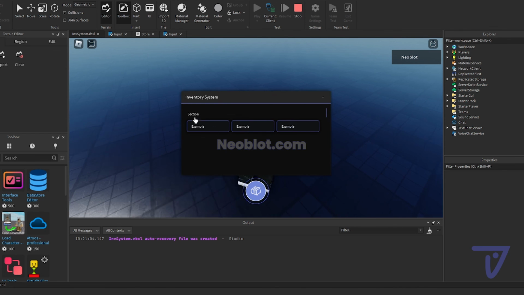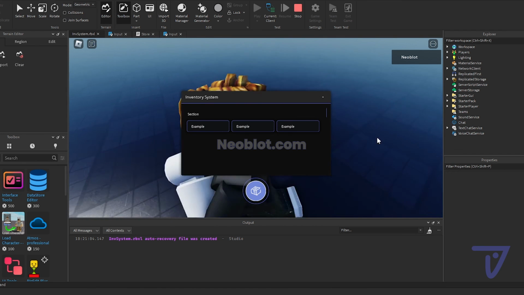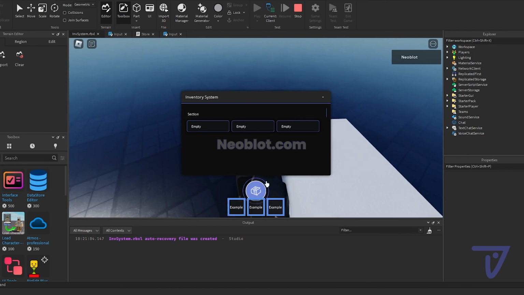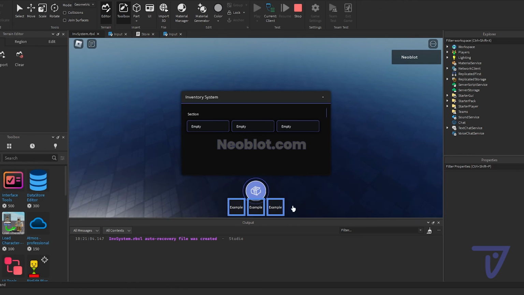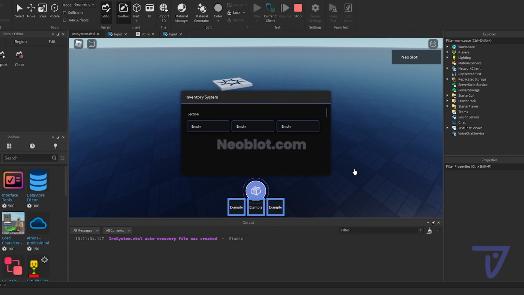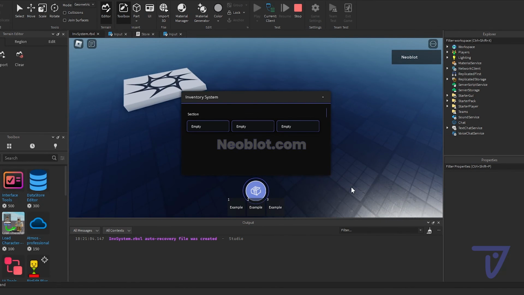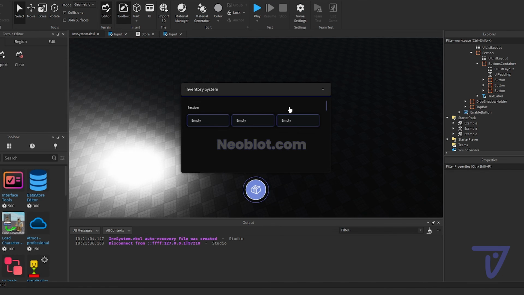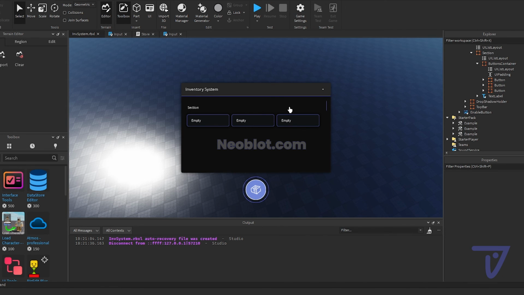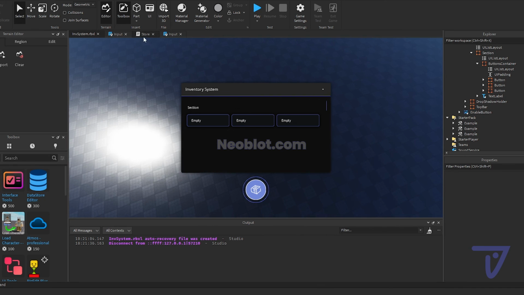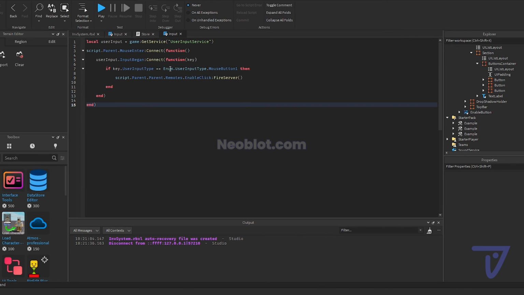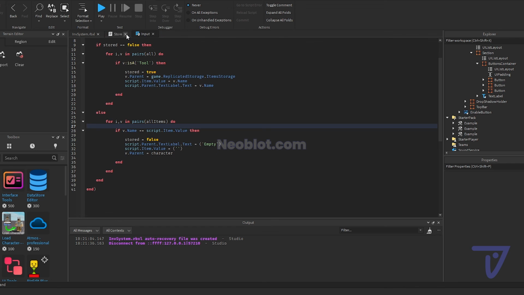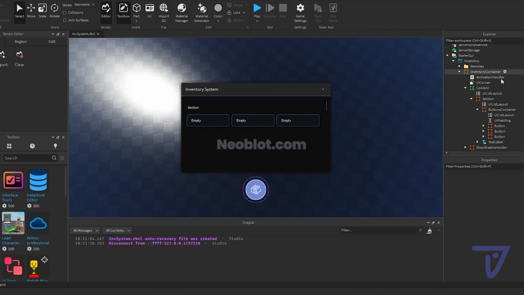If I store 3 of the items here and then I take them out, you see all the tools will clone into my inventory. We don't want to see that, so if the character has any tools, we can just clone it into the player's backpack to make it work. So how can we do this is,